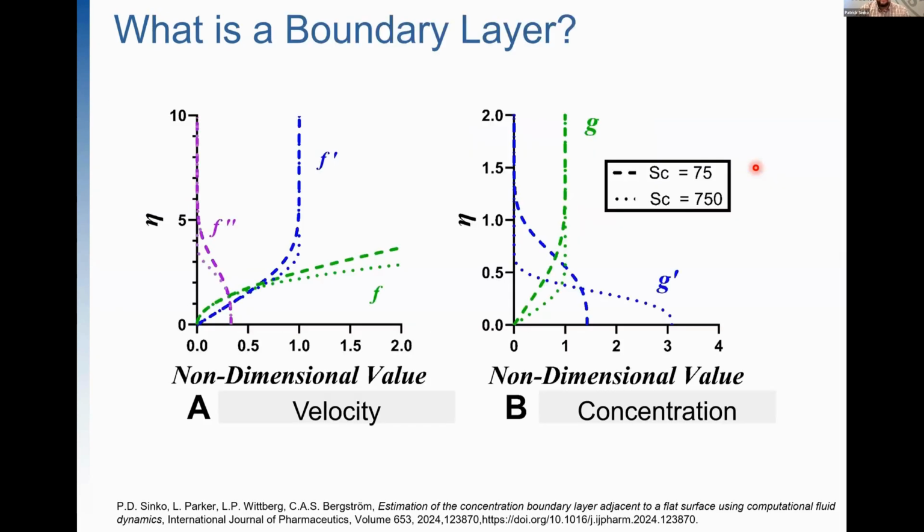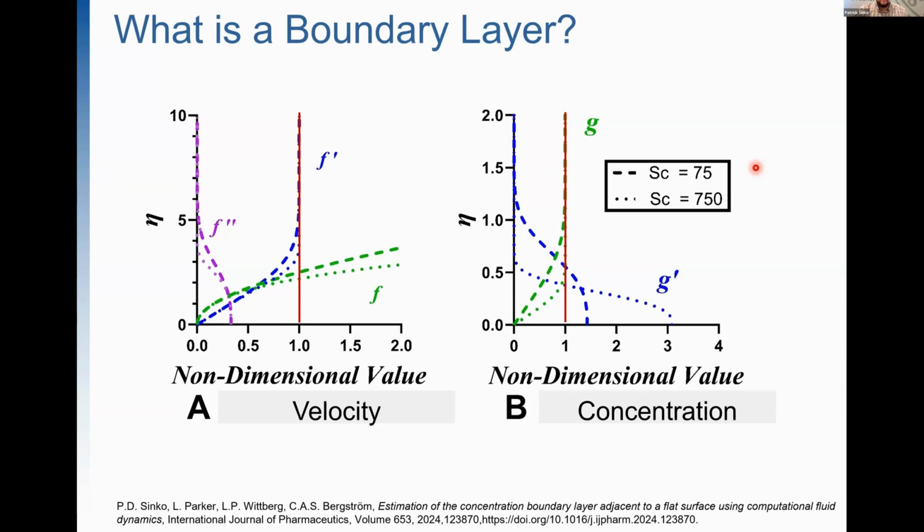So based on some of the questions yesterday, I felt like it was necessary to add this slide and very briefly describe what a boundary layer actually is. So the formal definition of a boundary layer is described as a property reaching 99% of its far field value. So in the case of the particle dissolution problem, this is going to look at the velocity field and the concentration field. So if you can imagine the concentration very far away from a surface goes to zero. This is our classic bulk concentration equal to zero assumption.